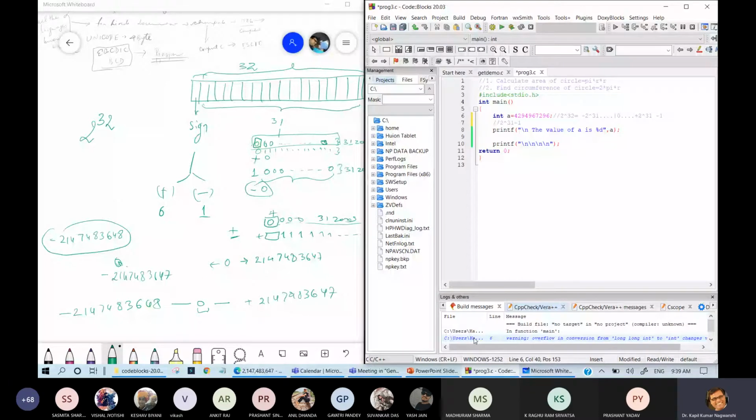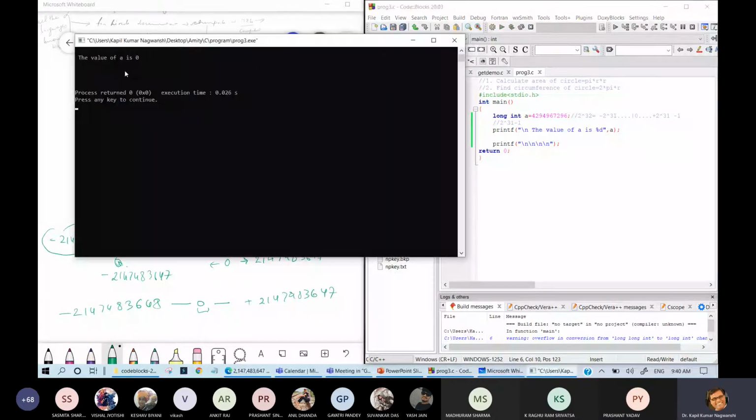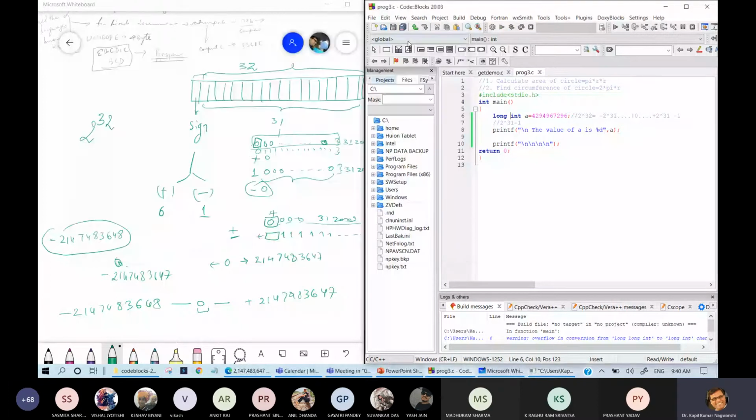This is our number, and this will give you 0 because it is 4 bytes. But whenever you are writing long integer, a equals to this will definitely compile, but the answer may be 0. Why is this 0 coming? The reason is simple: this is the last number, and if you are writing 5 then this answer is not incorrect, क्योंकि आपने 0 का एक नंबर तो यूज नहीं किया. तो हमेशा पॉजिटिव साइड पे लास्ट नंबर जो होगा वो क्या होगा, एक कम होगा.